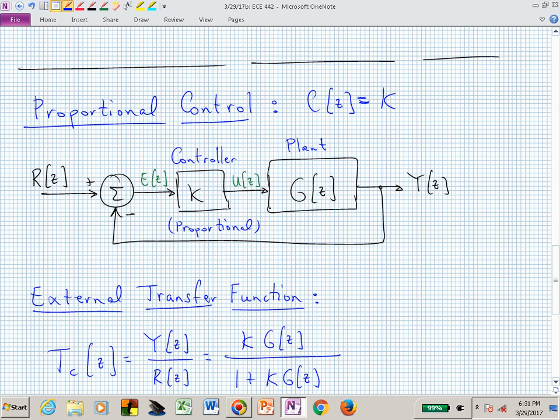Now, we are going to concentrate on one of those pieces, the proportional piece, to gain insight. We can get quite a bit of information out of looking at one of these controllers. Here we're saying our controller is just K. It's just going to operate on the error signal at the present time. Let's look at what we can do in a closed-loop scenario with just proportional gain, or proportional control.